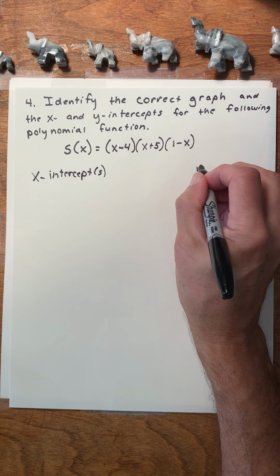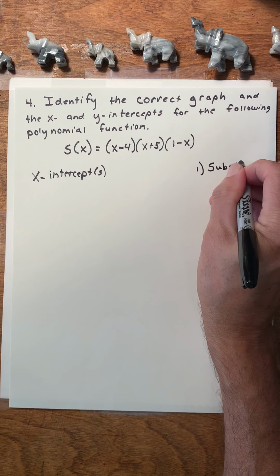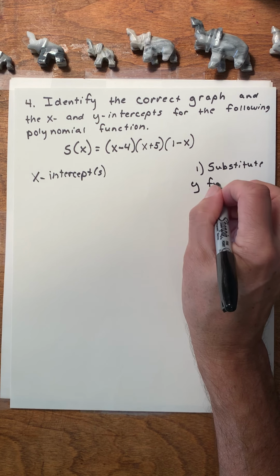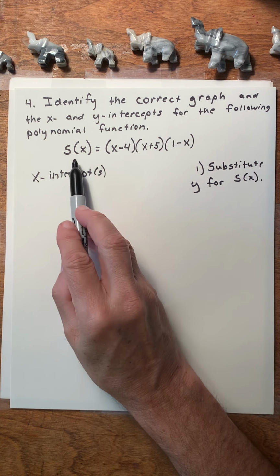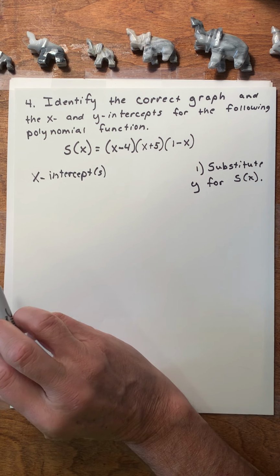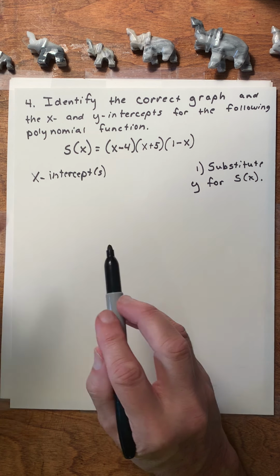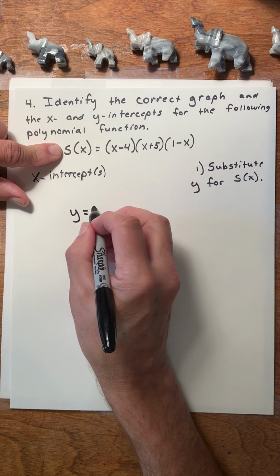Number 1, substitute y for s of x. Now, you guys know that s of x equals something is the same as y equals, right? We've done that enough times before to have this down. So let's go ahead and in the place of s of x, y equals